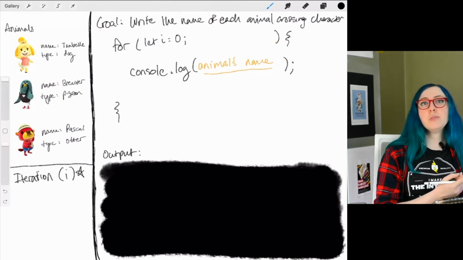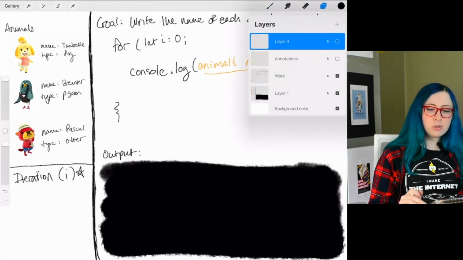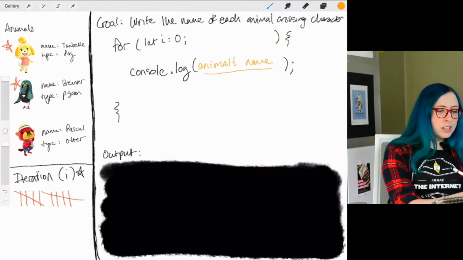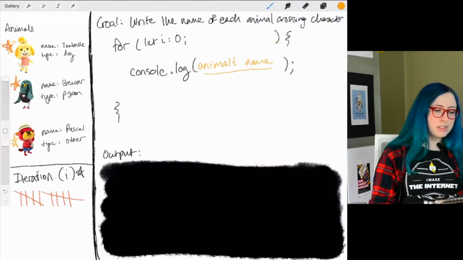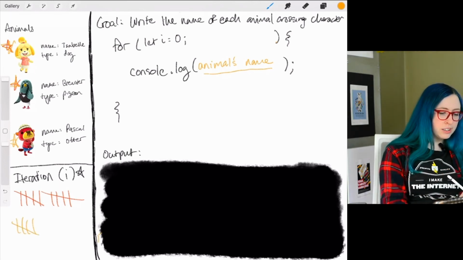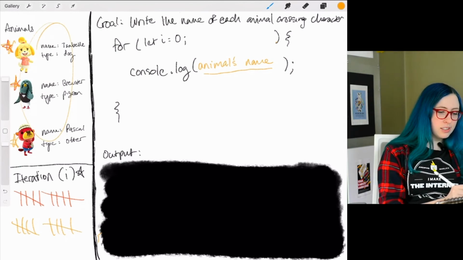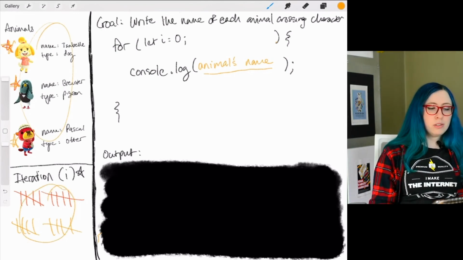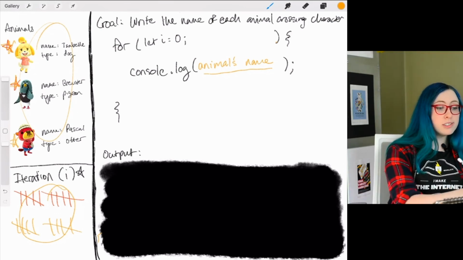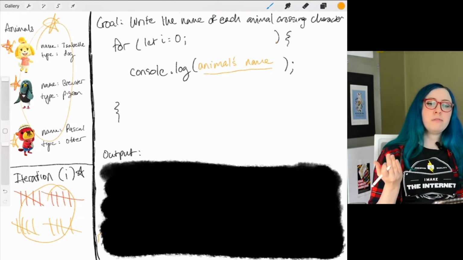Now, when do we stop? When do we want to stop running this code? We have to think about this for a second. So here, I'm just going to turn back on my annotations and let's think about this for a second. We only have 1, 2, 3 animals here. And down here in iterations, if we never say when to stop, we could be going on like this forever and ever and ever. We don't want that. We want to stop looking at this when this is a certain value. Think about this and just try to reason through it. When would you want this to stop? You'd want to stop it when it runs out of animals, right? So how can we figure out how many animals we have?